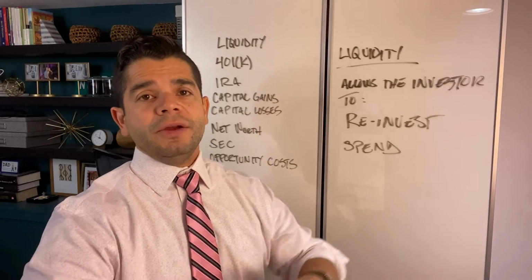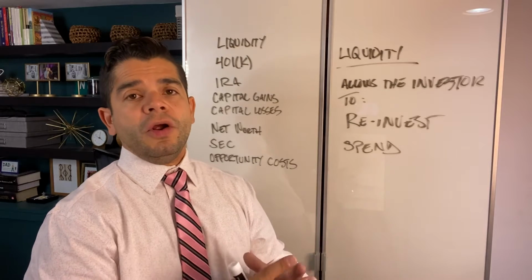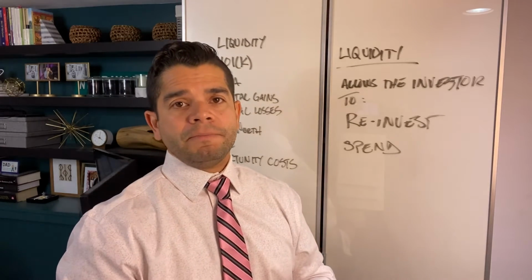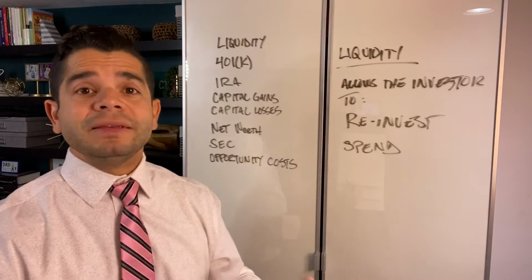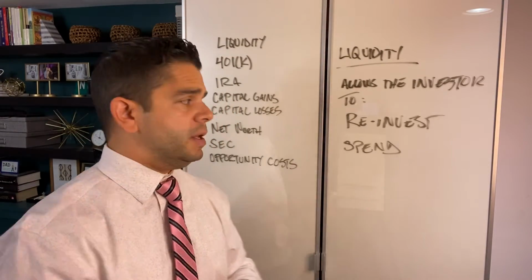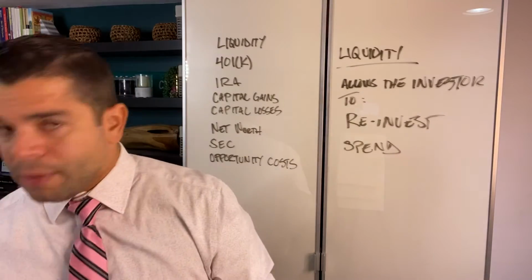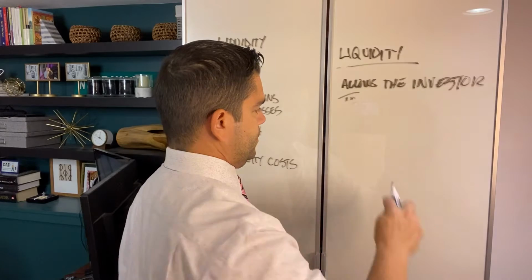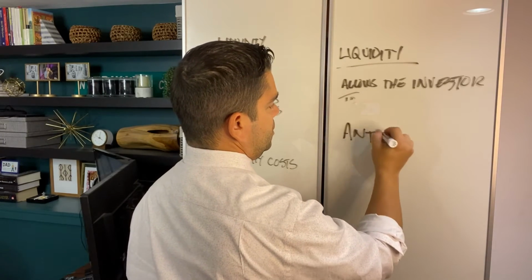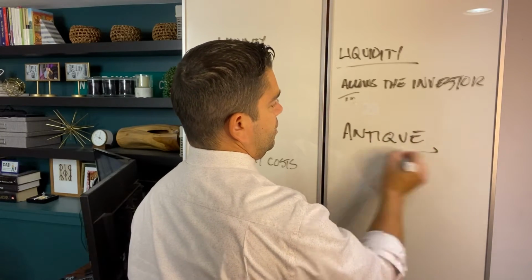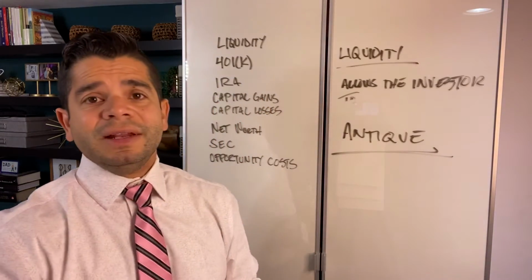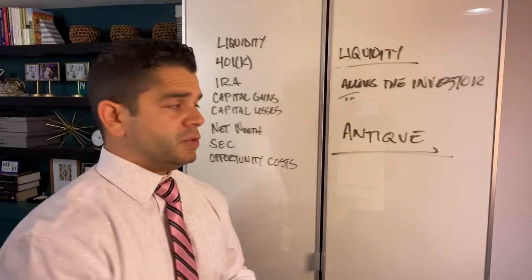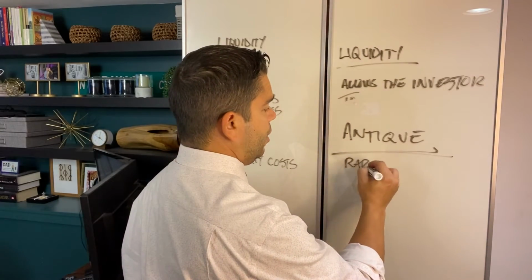If you had your entire net worth tied into assets that are hard to move, such as an antique. Well, if you had an antique painting, as an example, why would somebody buy an antique? Let's put this up here as an example. Why would someone get into an antique as an investment? Let's say it's a $2 million painting. Well, they're not making more of them, so they are rare.